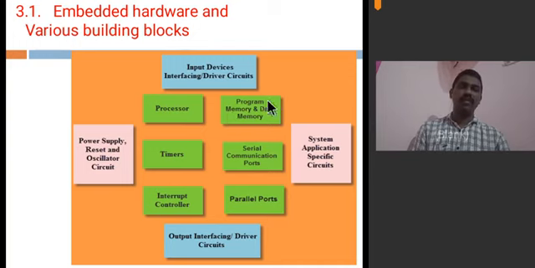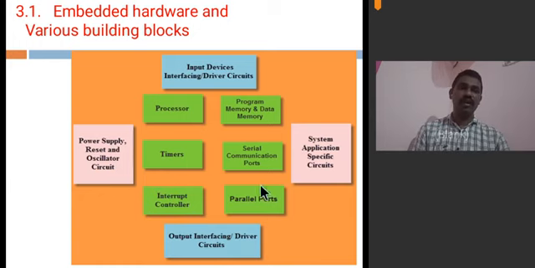Here, the memory element may be ROM or RAM. ROM is actually the program memory. In that, your instructions will be present, and generally data will be present in the RAM. That is, temporary data will be present in the RAM. With the help of this information, the processor will execute the instructions according to the inputs given and give the corresponding outputs. Your output devices may be your motors or LCD displays, anything.